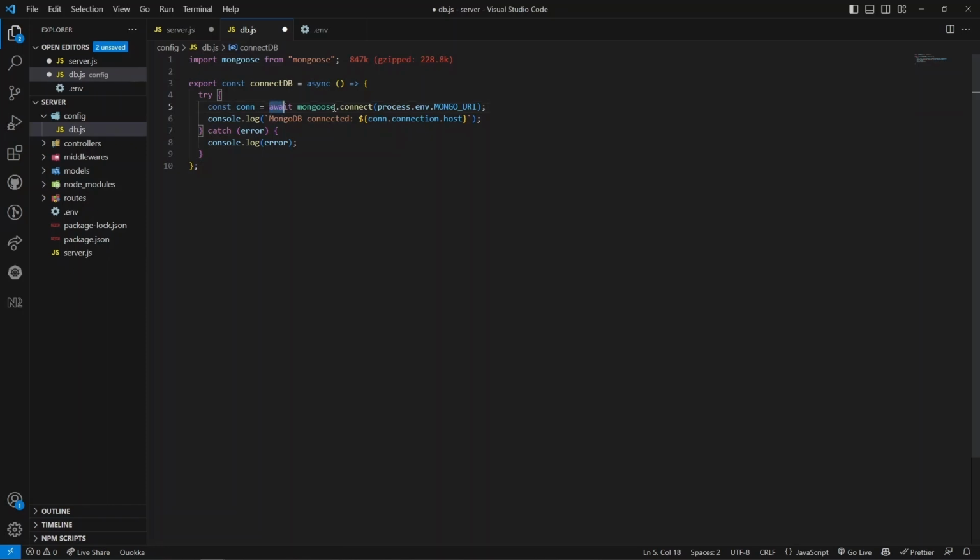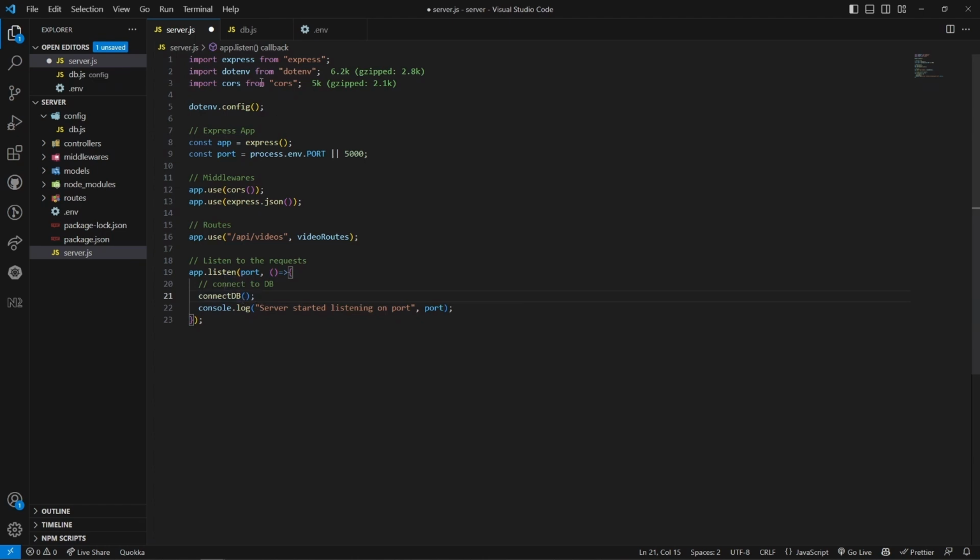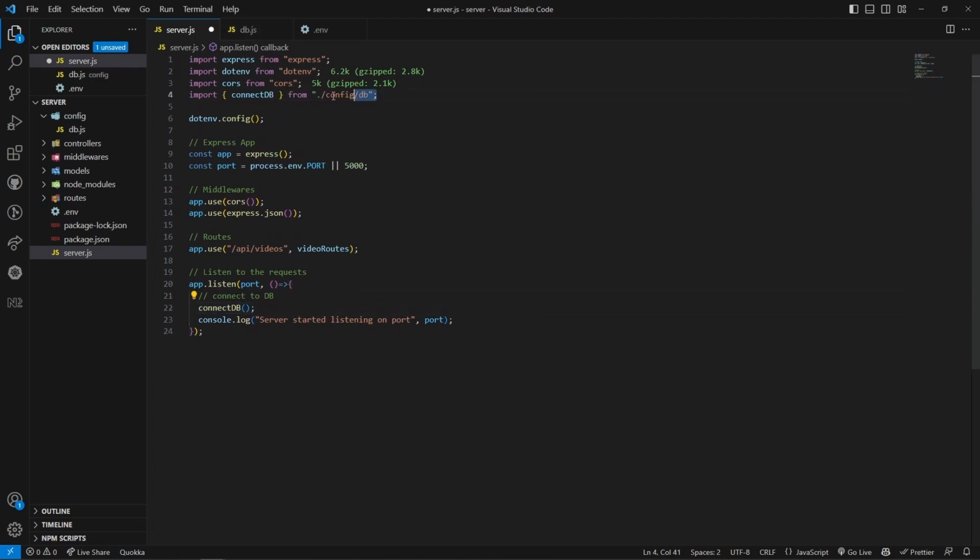So once this line executes successfully, then we are good to proceed further. You can see we are logging MongoDB connected at this particular host. Let's save this. We need to import this function in our server.js file. You can see we have imported from this path. Make sure you are also appending the .js at the end,